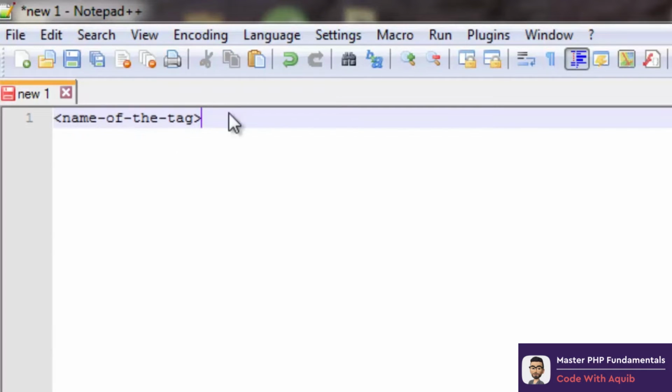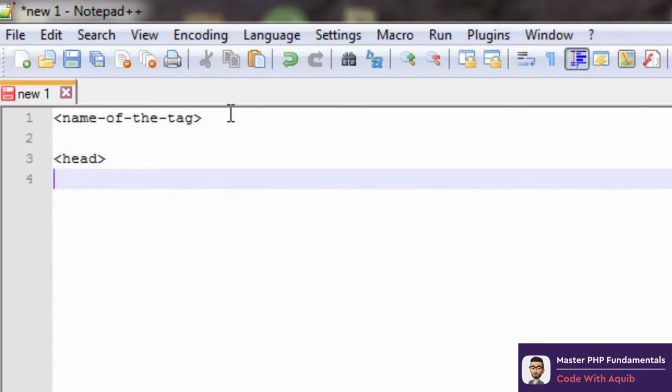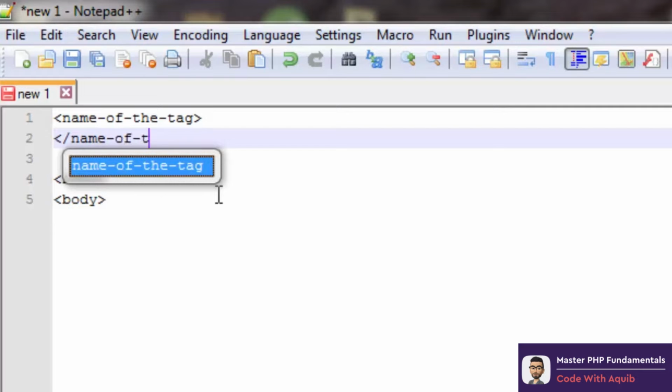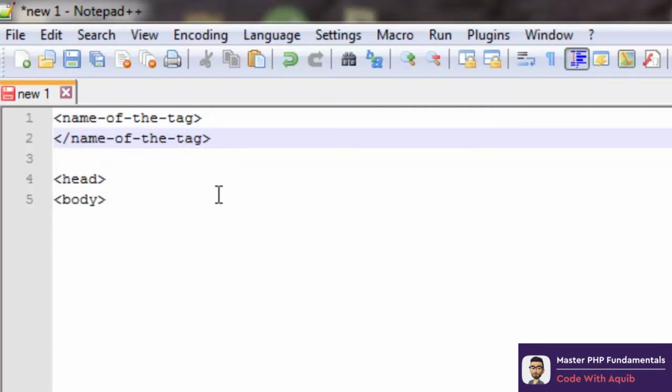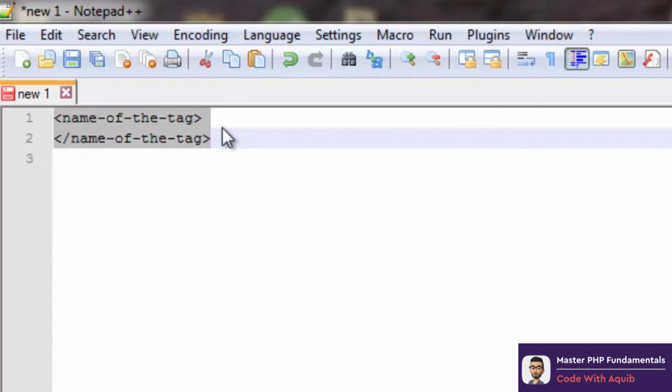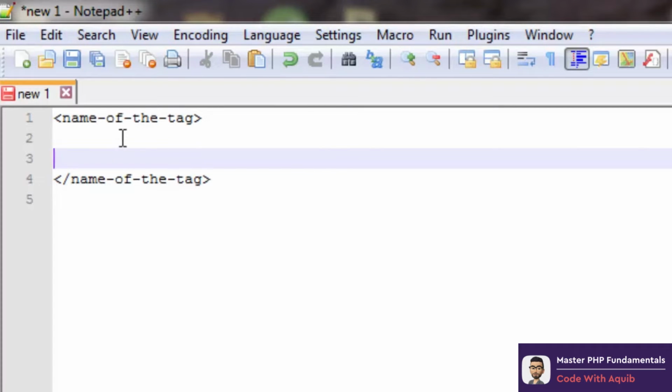For example, we have the head tag and the body tag. So we'll have head, we'll have body, things like these. And we have two types of tags. One is the opening tag and the other one is the closing tag, which contains a forward slash just before the name of the tag. So this makes them a pair. It starts here and ends here, and whatever content is between these tags,